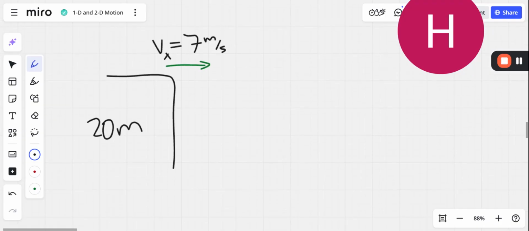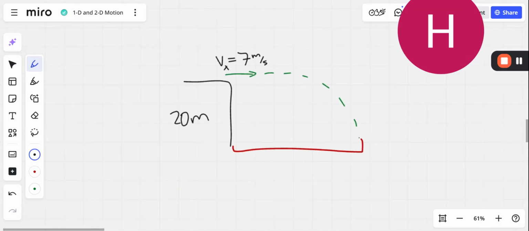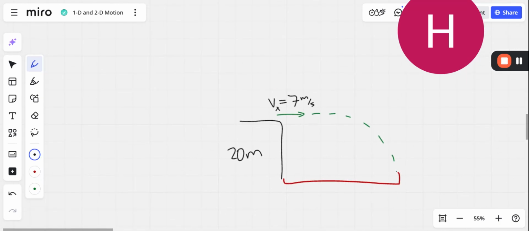Our question is, how far forward? If you were to throw an object forward, what would you imagine? It's going to go forward and then it's going to fall, right? We want to try to answer the question of how far in front of where it was thrown does this object land. So the best way to get started with this is to make an information chart